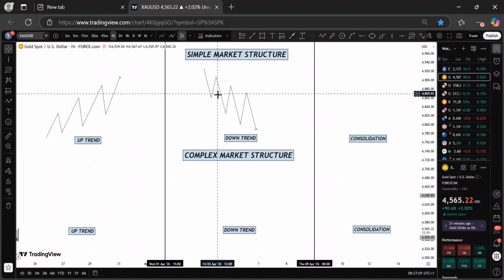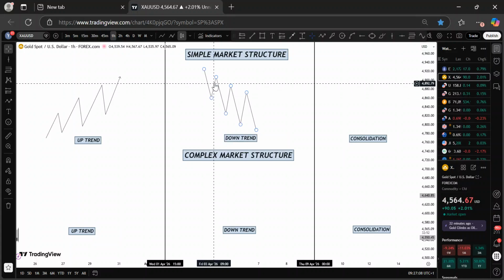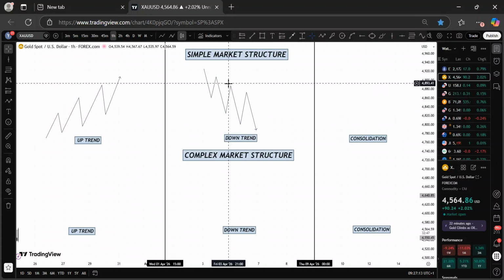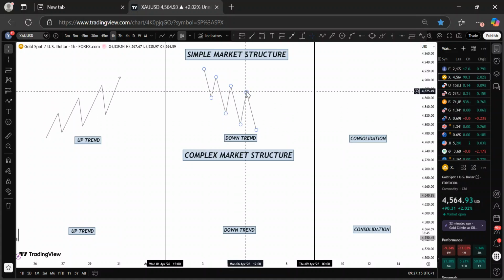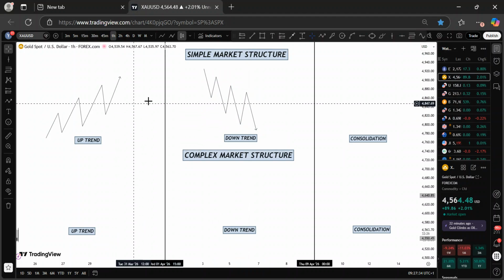Then if it's coming down again, it comes down to take out that low that created a pullback. It creates a new low, and there'll always be a pullback. It creates a new low, and there'll always be a pullback. Now, these things, looking at it, are structures. That's why it was termed structures. Whoever came up with the name, it doesn't really matter, but just understand what it is and what it looks like. So that's why it's termed structures.